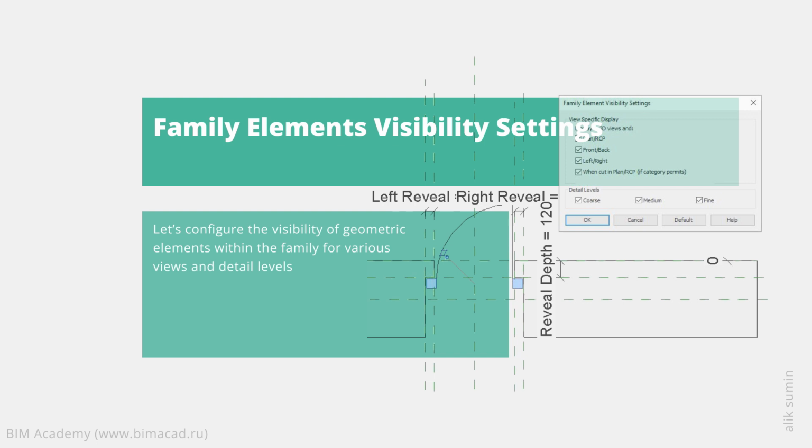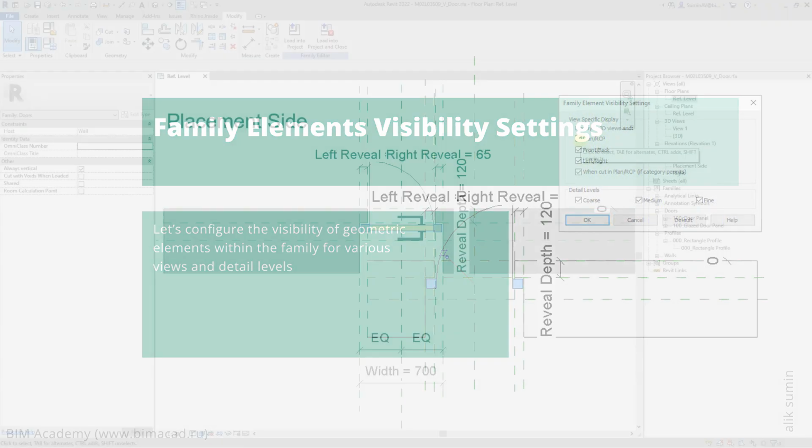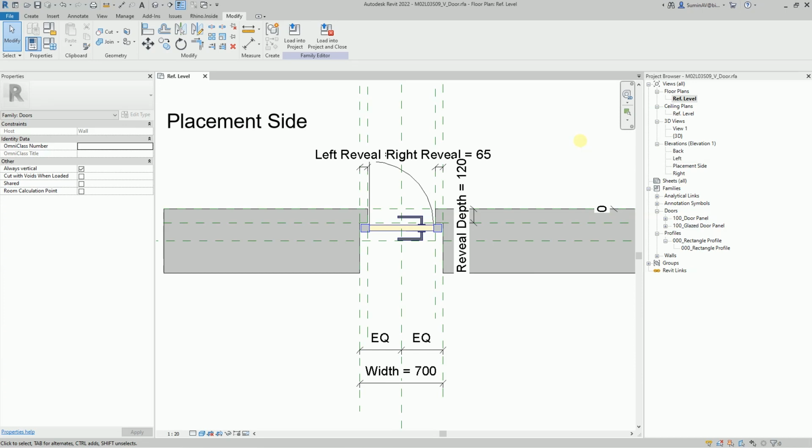Now, if we load our family into the project, we will see the same display on the floor plans as the one inside of the family editor, when both the door panel with handles and the opening symbol are visible. But I must say that this is usually not required. It is only the opening symbol that should be displayed in plan views, and the rest of the geometry can